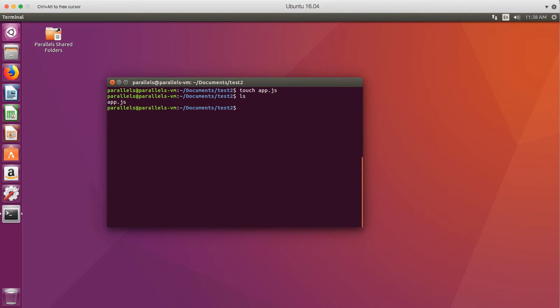But wait, I made a mistake. I wanted to actually put app.js in test, not test2. So to do that, we use the mv command. So we're going to say mv, which means move. It can also mean another command as well, which I will show you in a second. So mv, and we want to move app.js to